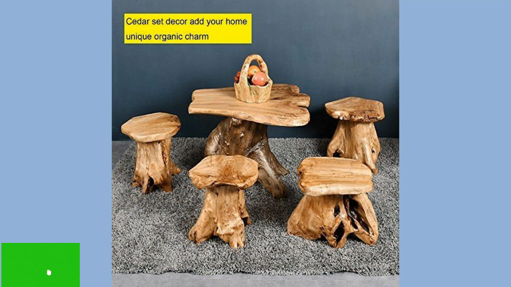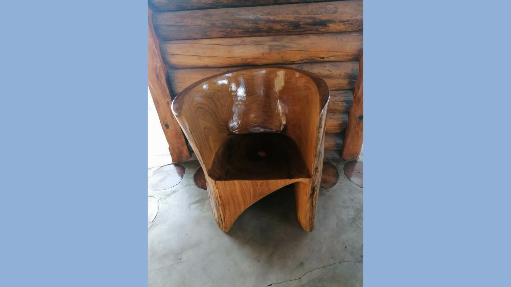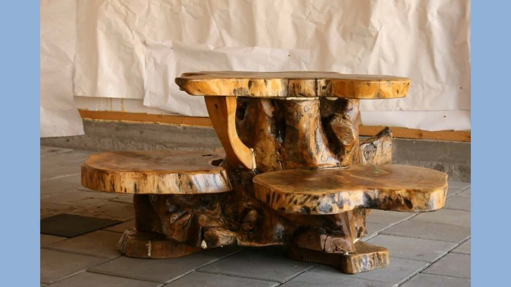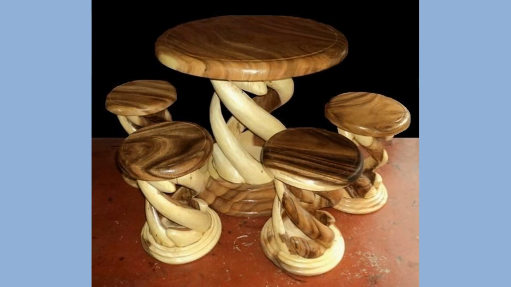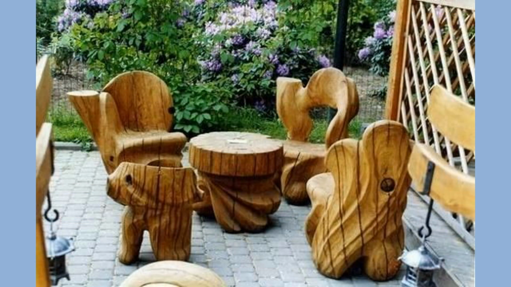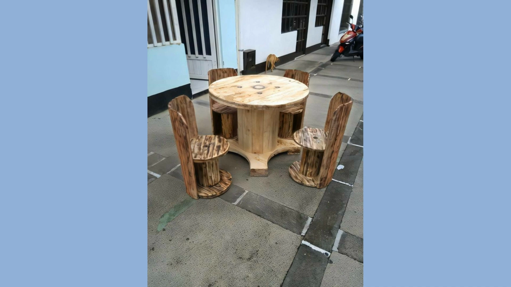Standard dining table sizes. Rectangular dining tables. Small rectangular tables: size, 48 to 60 inches long, 30 to 36 inches wide; seating, typically seats 4 to 6 people; use, ideal for small dining areas or breakfast nooks. Medium rectangular tables: size, 60 to 72 inches long, 36 to 48 inches wide; seating, seats 6 to 8 people; use,